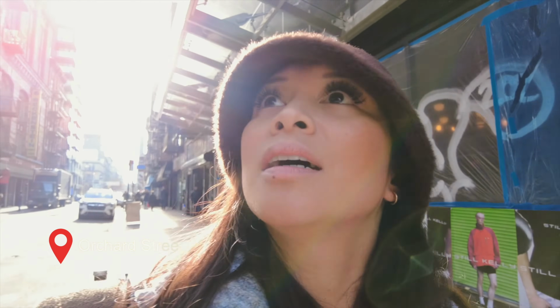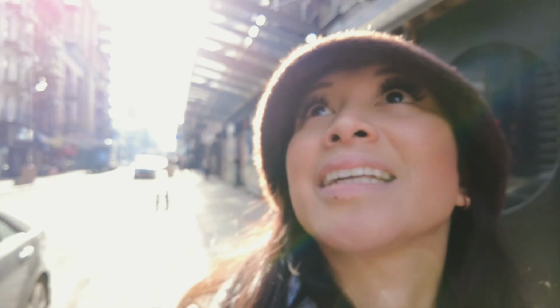This street. Again, I've stumbled across it. Don't even know where we are, but I know it's on the Lower East Side. And actually we're by Ross and Daughters, the famous or the must-try bagel place. But I overheard a guy say it was an hour and 45 minutes for a bagel. No, thank you. But let's just take a second to admire these